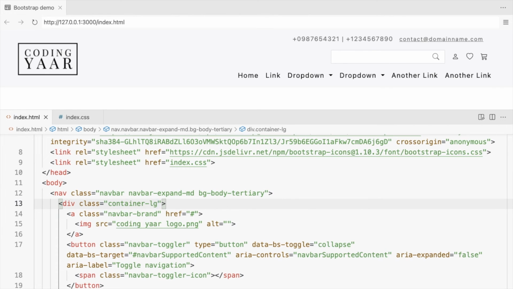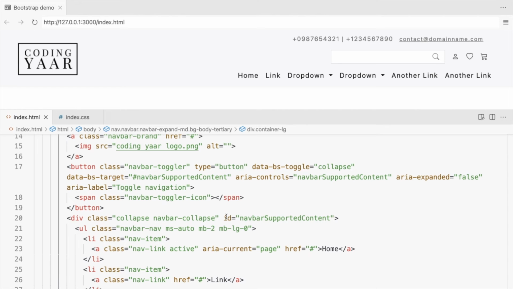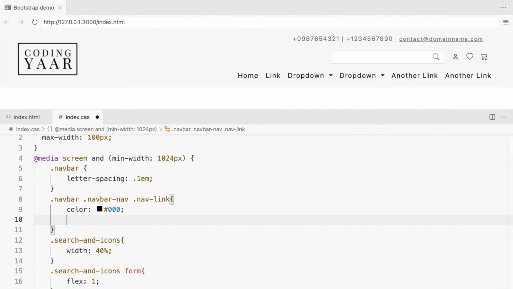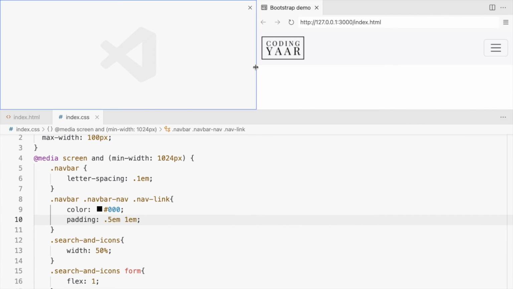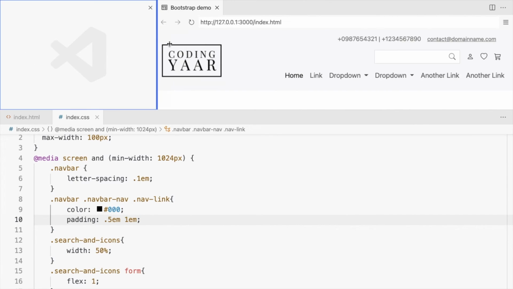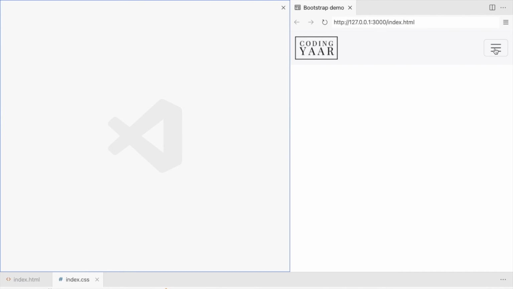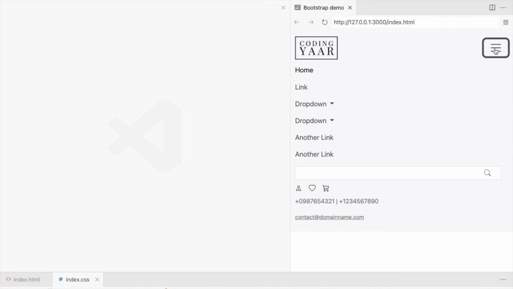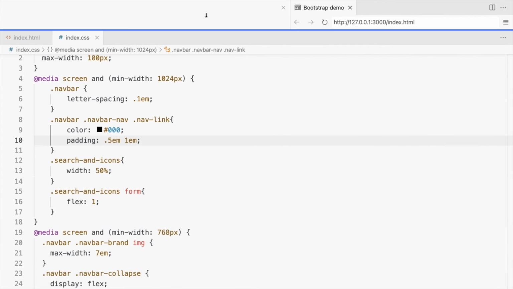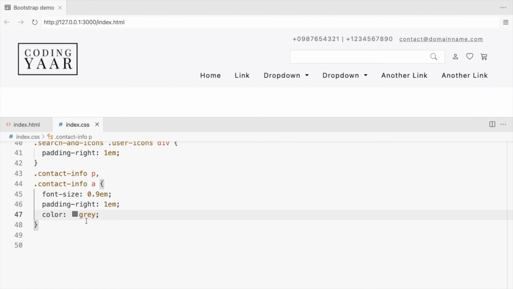Let's change this to container only for larger screens. Add more padding to the nav links. Let's remove the padding right for this one.